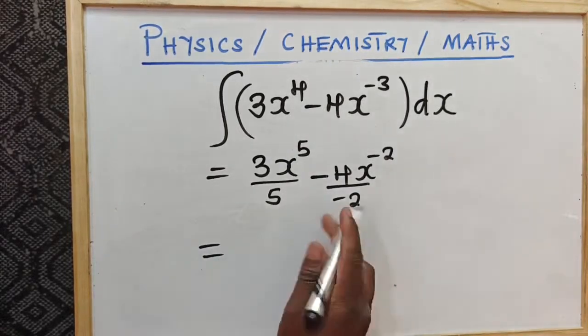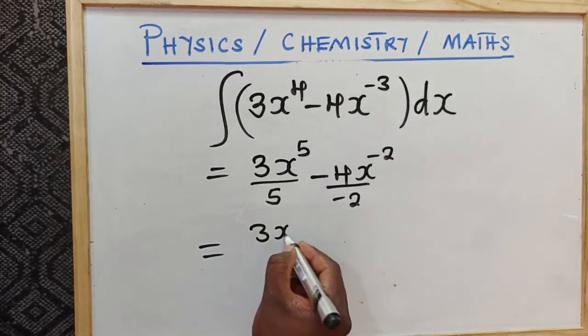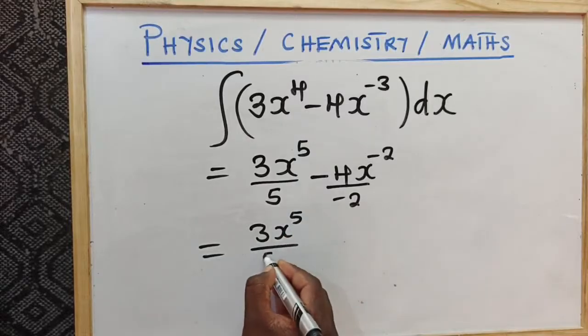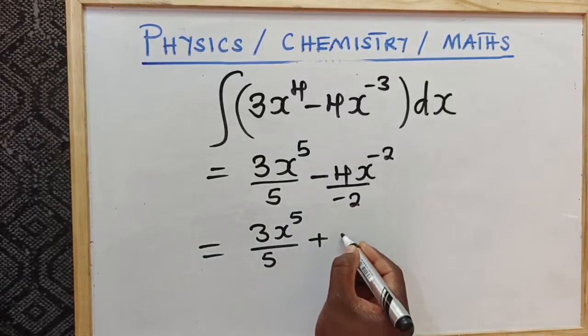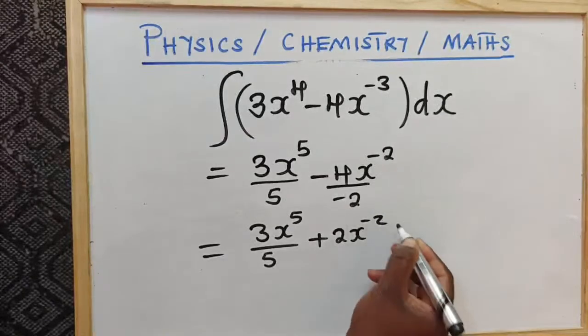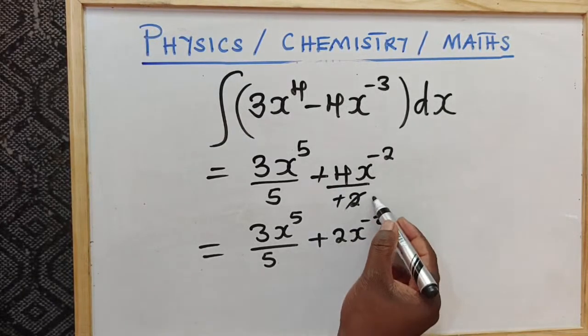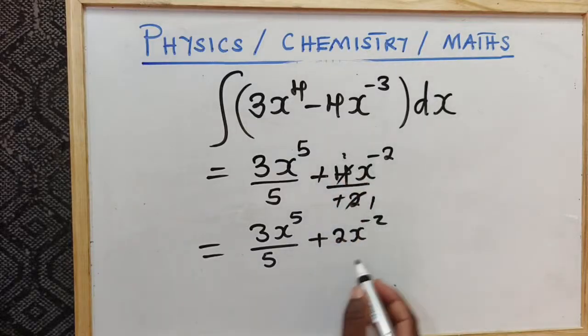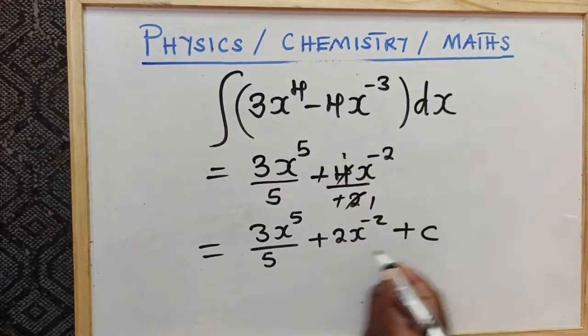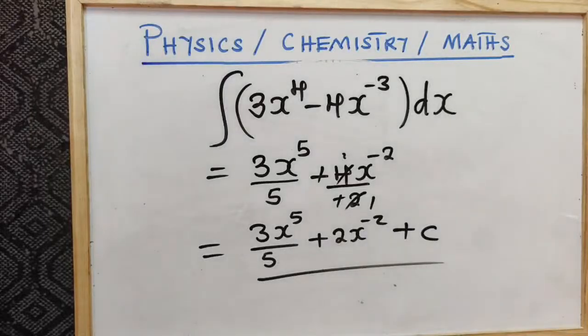You can simplify here. We shall say 3x power 5 over 5 plus a 2x power negative 2. So this negative and negative will give us a positive. 2 into 2, 1. Into 4, it's a 2. So this is a 2. We even say plus c. And that's our answer. Okay,